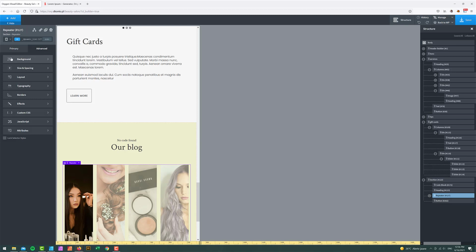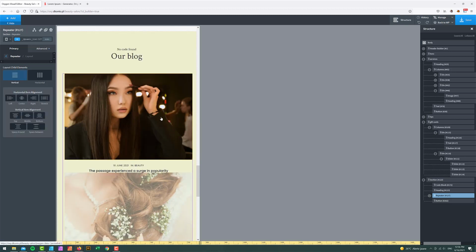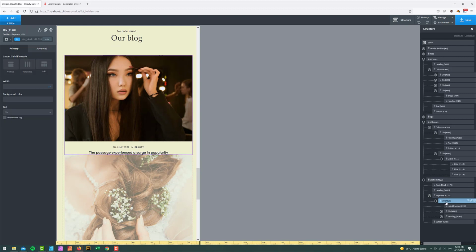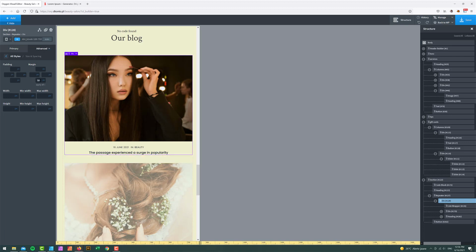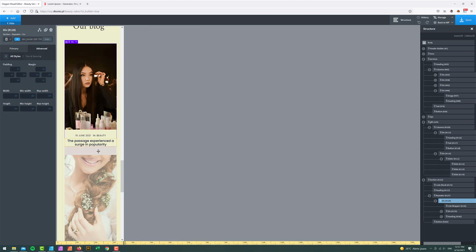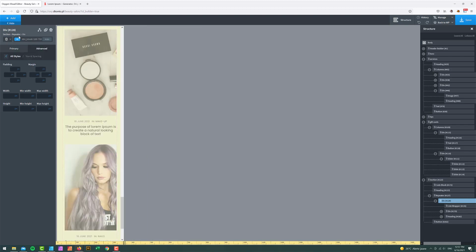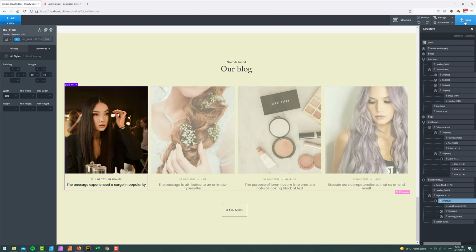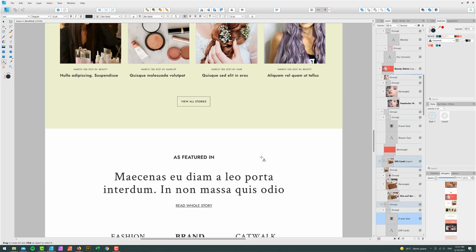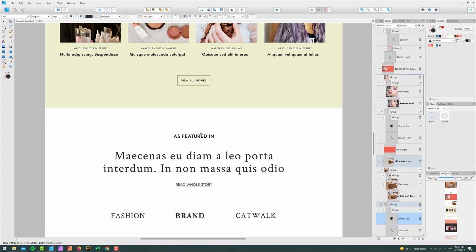So now if we just go to 992, it looks quite horrible. So at this breakpoint, I want this guy, not the query, I want to go to layout. I want this layout to be put to vertical. And I guess the last thing to do here, maybe I'm just going to grab this div, and at this breakpoint I want to do 50 pixels of margin. Let's see, 768 looks quite all right. I guess it's okay. So I'm going to go back to all devices. I'm going to save everything,